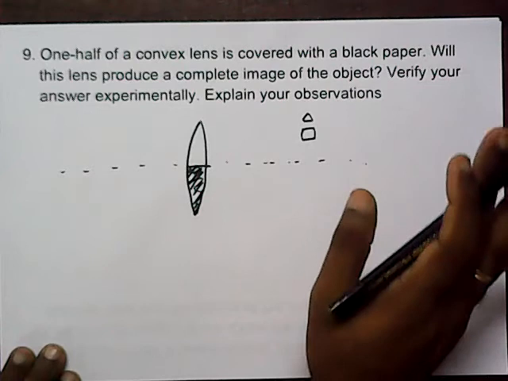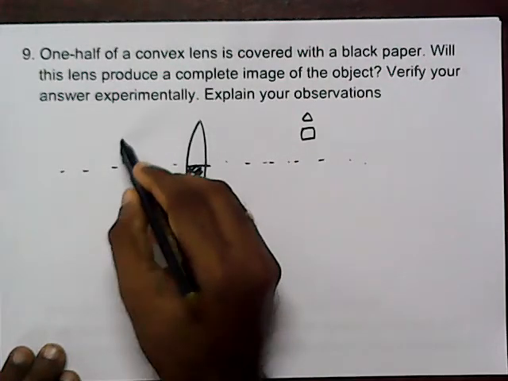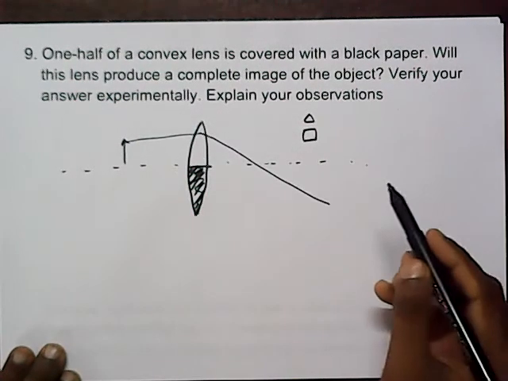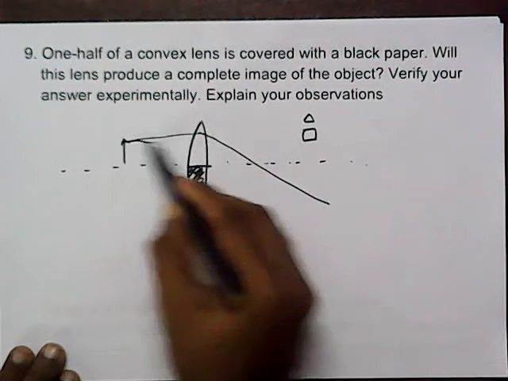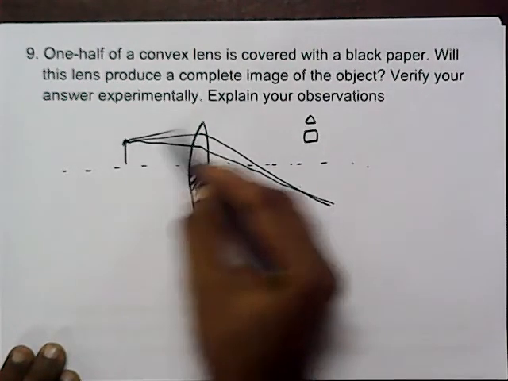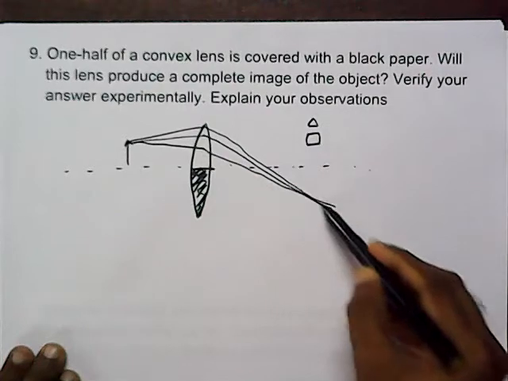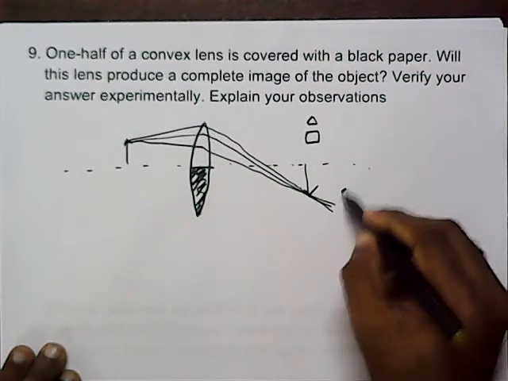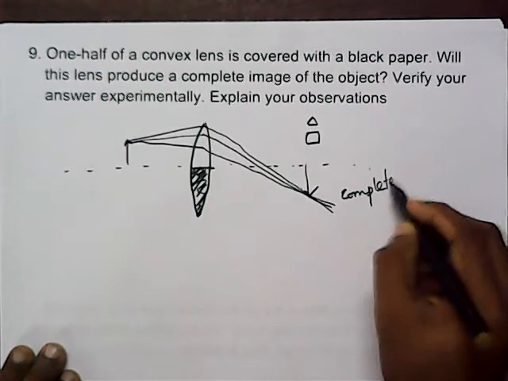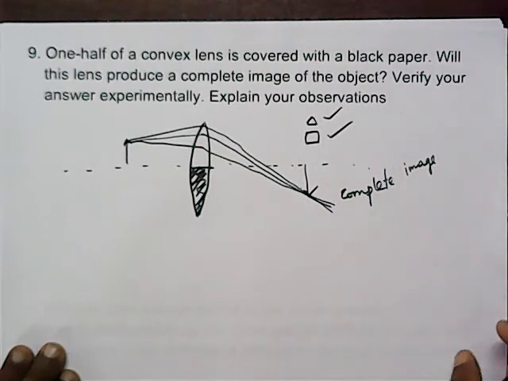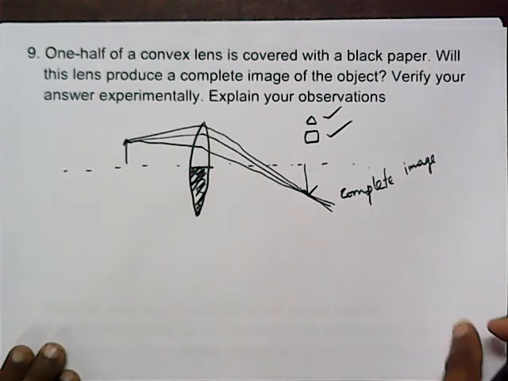Minimum 2 rays required, there is a condition. Suppose when an object is placed, one ray is coming and it must go through the focus. And another ray is coming parallel. So it will also, after refraction, another ray is coming. So after refraction, it will give the real image on the other side. So the full, complete image is formed. But a small portion is sufficient to get the full image. So that is a very important concept. The question number 10.